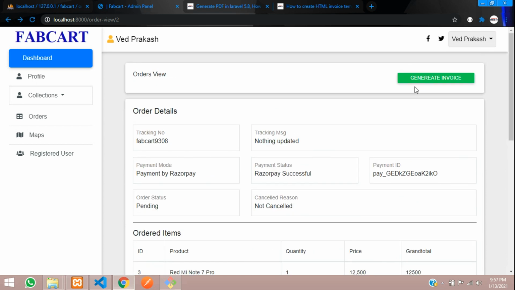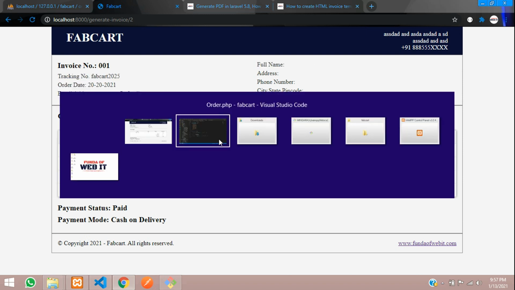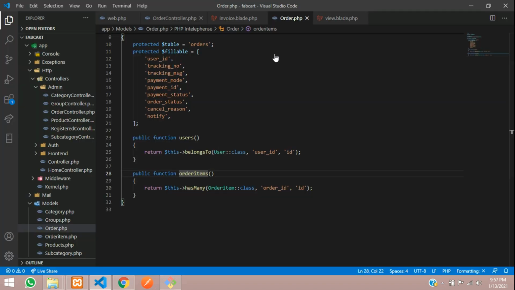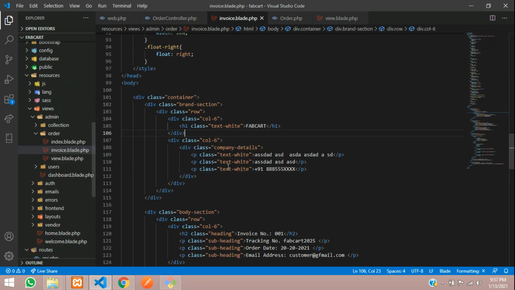As simple. So guys, now let's click on generate invoice, where you have come over here, and let's call this data. Okay, so let me get back over here, and let's copy this order variable which you have passed through it. So let's copy this and go to your invoice. So let me move to the invoice page.